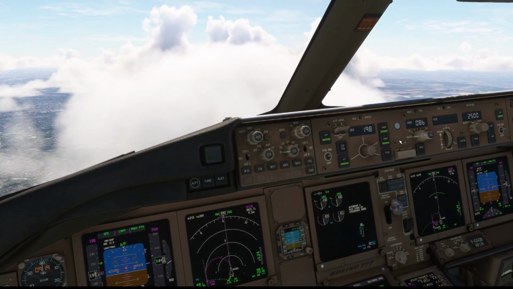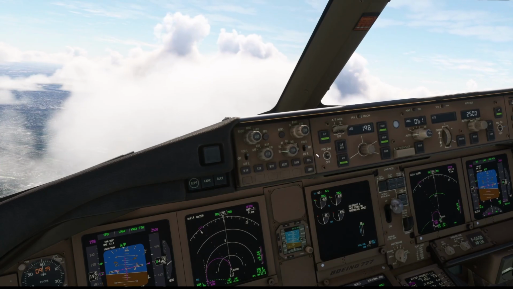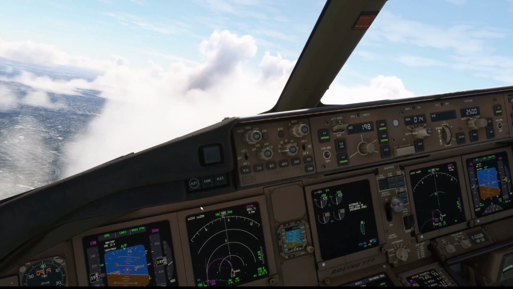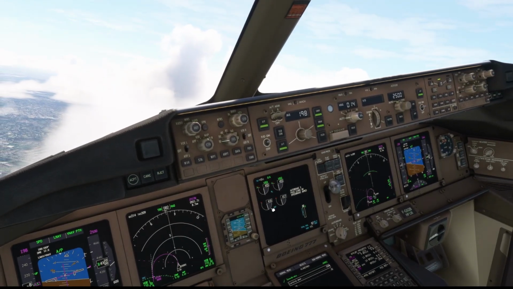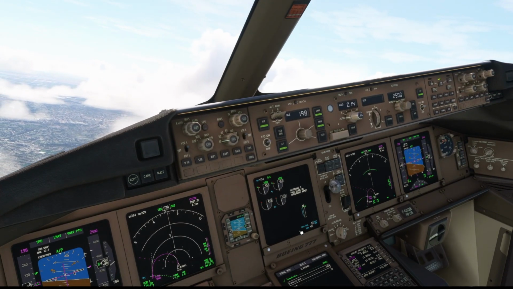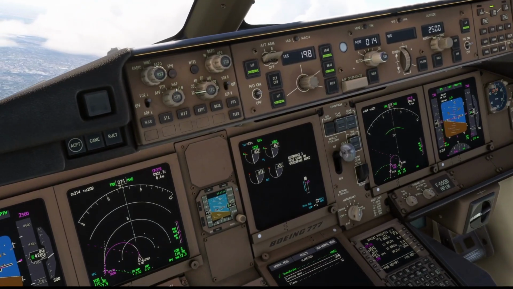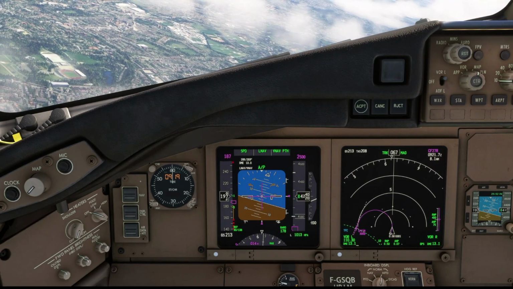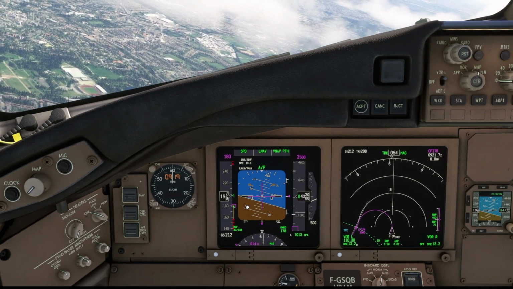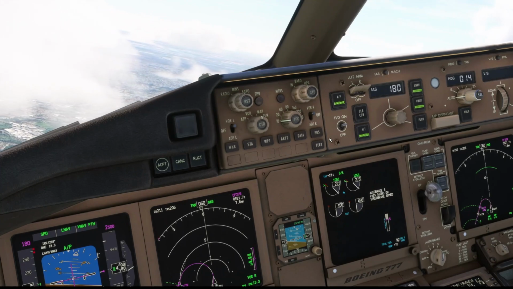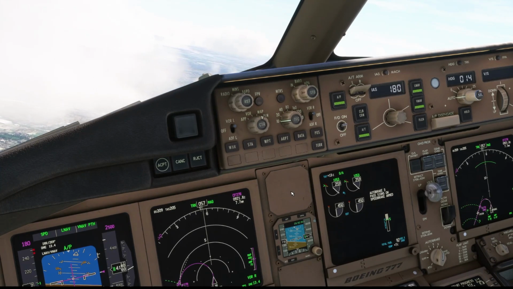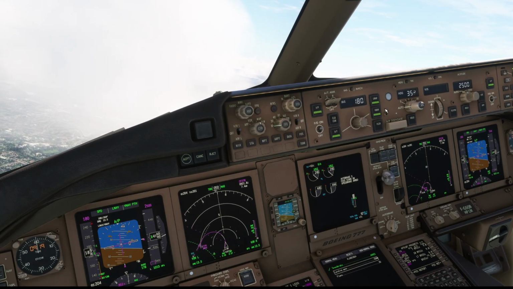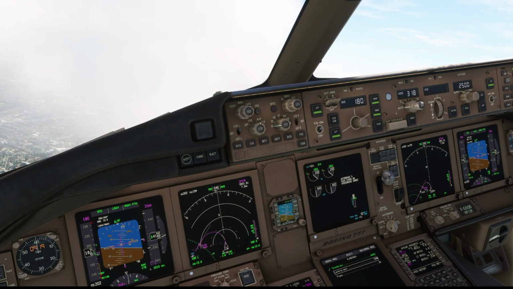And we can also start bringing our heading bug round to intercept our runway centreline as we turn in left. And we'll go flaps 5, and again just check our centre display to make sure we've engaged the right flap, and we'll also bug that flap speed again as well. Move our magenta box down to the flap 5 position, and that'll just be a nice smooth and steady 180 knots for our turn. And let's just finish bringing our heading bug round to our final inbound course of 269